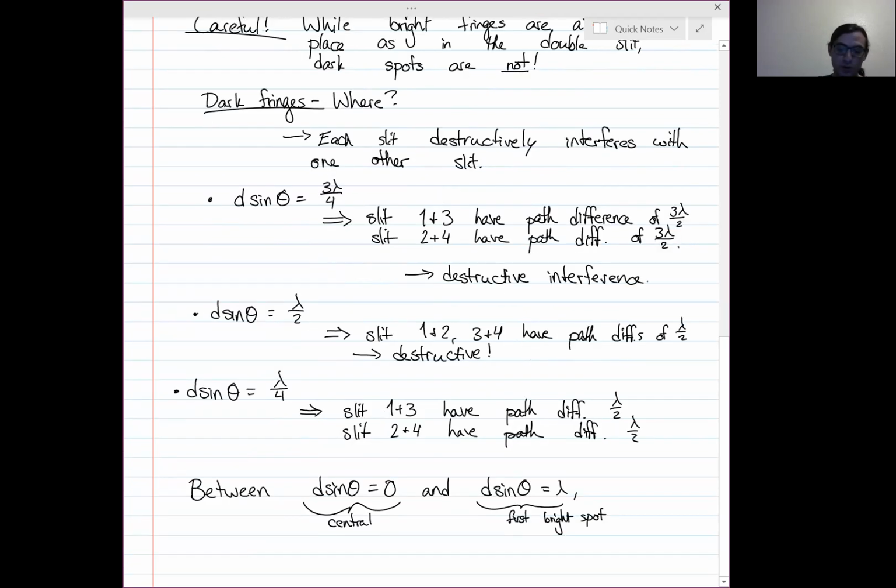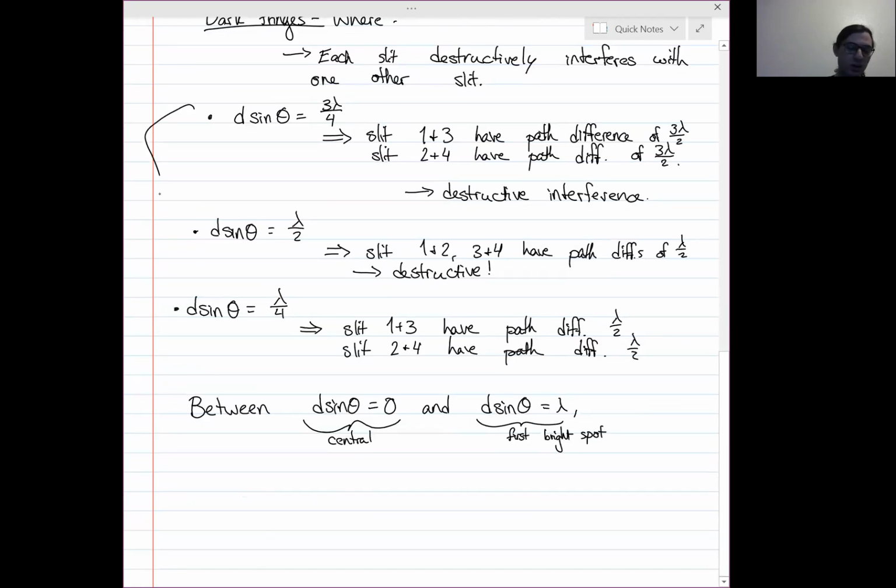Well, if we could solve for theta in all of these cases, we would get a range of thetas, and we would find that all 3 of these situations, where d sine theta is 3 lambda over 4, lambda over 2, and lambda over 4, produce thetas that are between the 2 thetas that correspond to the central and first bright spots. So this would mean that we have 3 dark spots